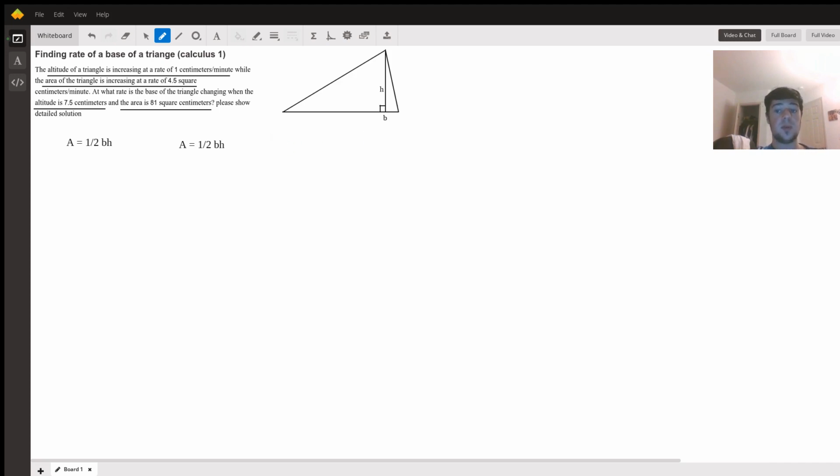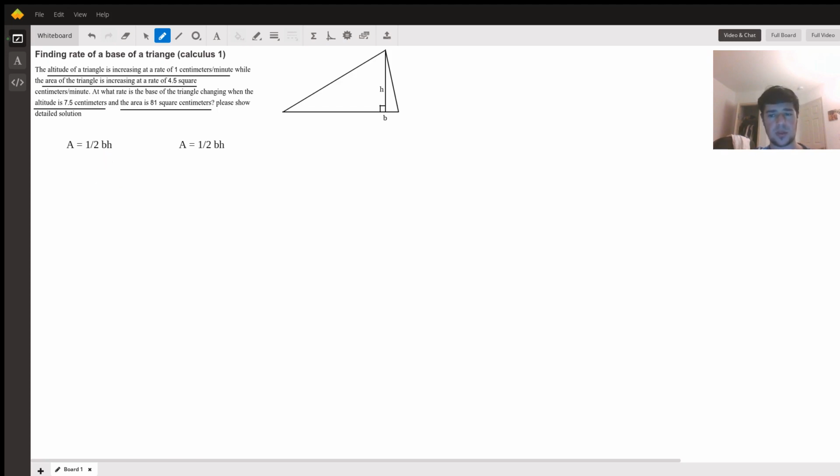If you get this problem on an exam, you're probably going to be expected to remember the formula that area is 1/2 base times height. Or if you get lucky, it's going to be on the reference pack. You are going to see very soon why I wrote this formula twice. But